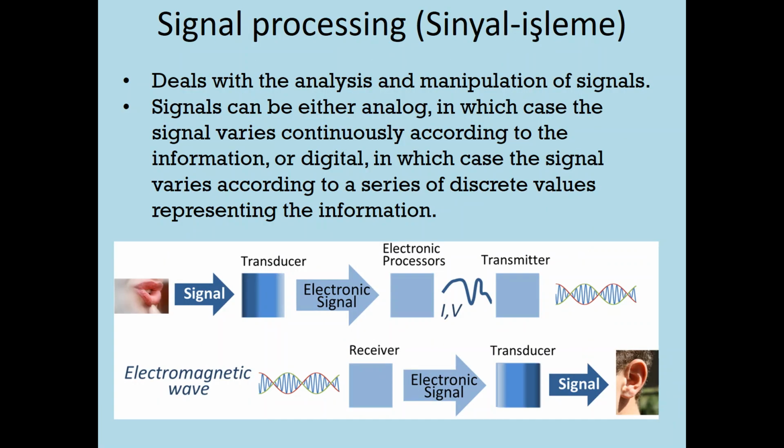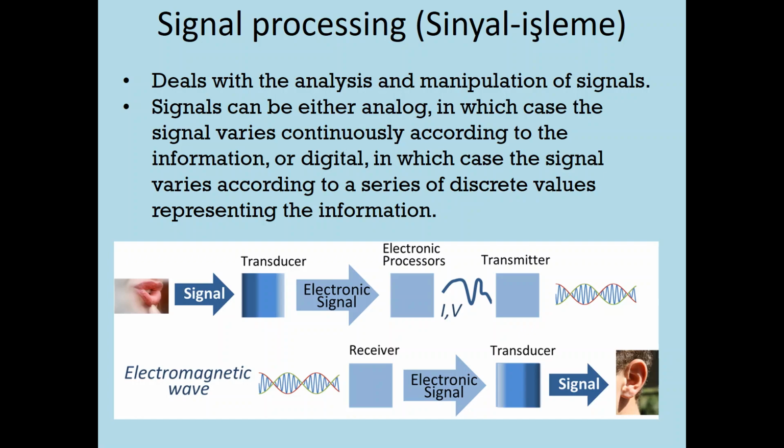What about signal processing? Signal processing and communication are very close to each other. You cannot separate them from each other. If you want to become an expert in telecommunication, you must also be an expert in signal processing, because most of the designs and problems that you will face in the future if you choose to work in telecommunication are related to signal processing as well, because you need to process your signal and prepare it in a form that's suitable to be transmitted over long distances. It deals with the analysis and manipulation of signals to prepare them in the form you want.